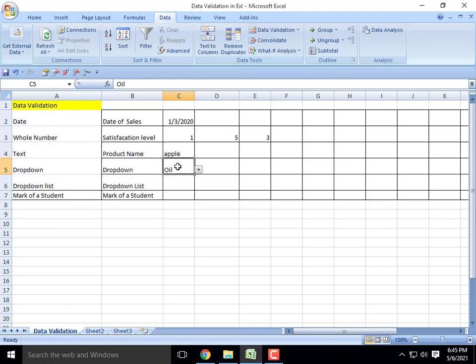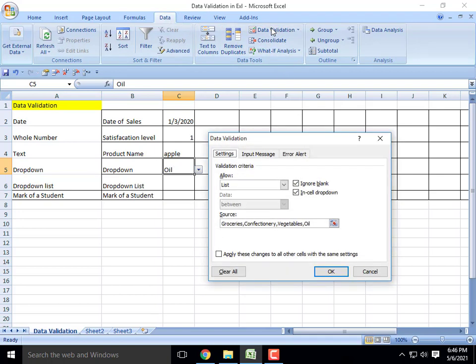The next one is the drop down. This is one of the important features in data validation. How can we fix a drop down? We can have two types of drop down. First, select the cells, then go to Data Validation. In the settings, we can list the items as comma separated values, for example groceries, confectionery, vegetables, oil. If we have very few items, we can give them in the Source box here.